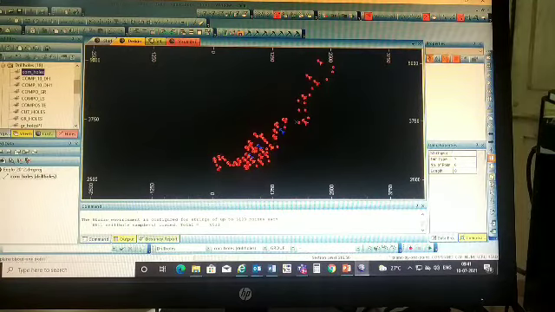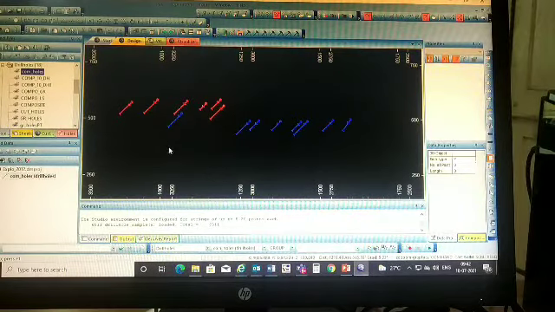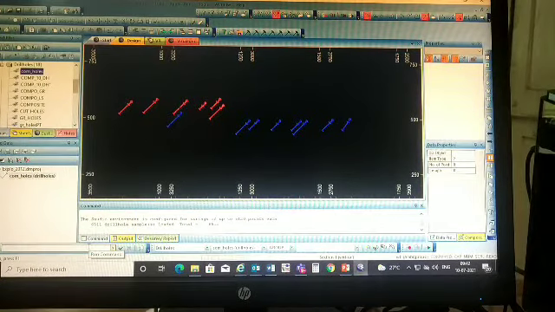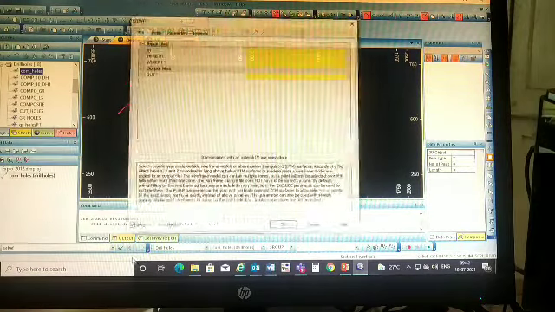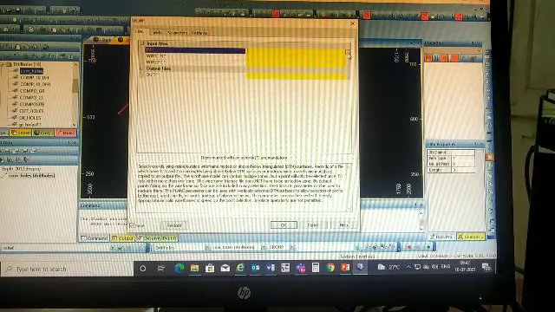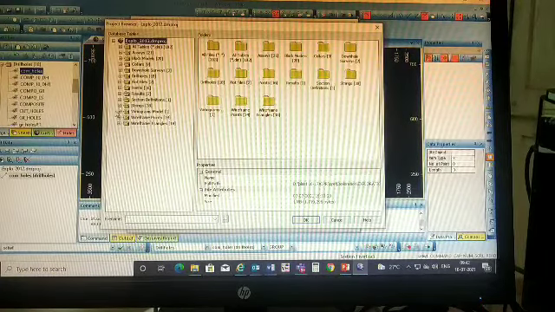Load the composite drill hole. Here we can see the composite drill hole. The command to cut the waste bands from the composite drill hole is CELL WF. So we will type in the command box CELL WF and enter. Here this window will open. In file we will give the composite drill hole.